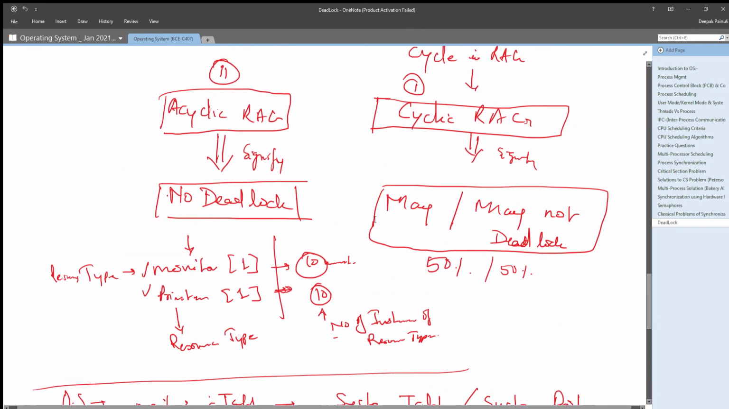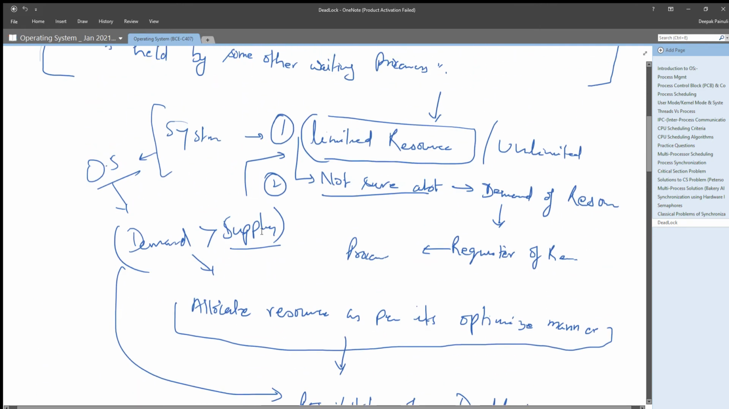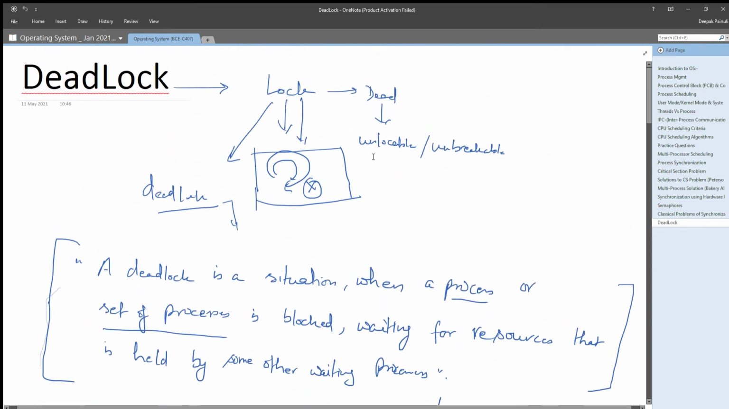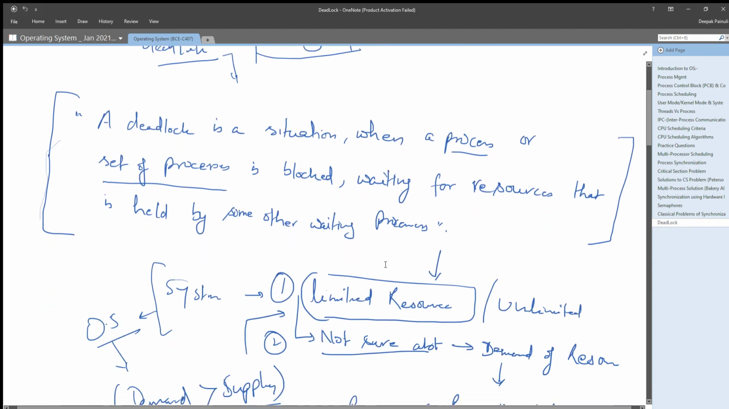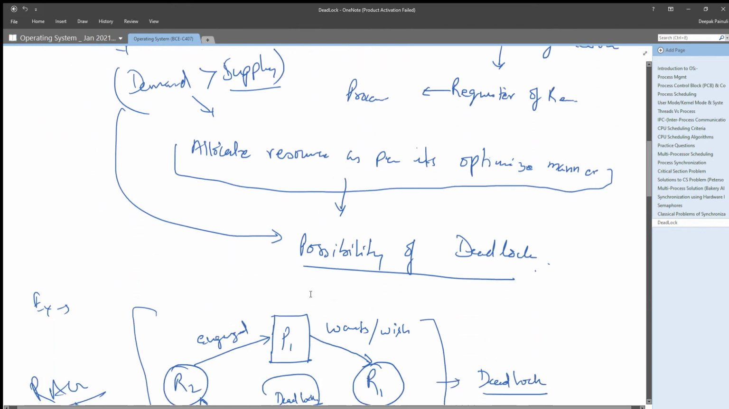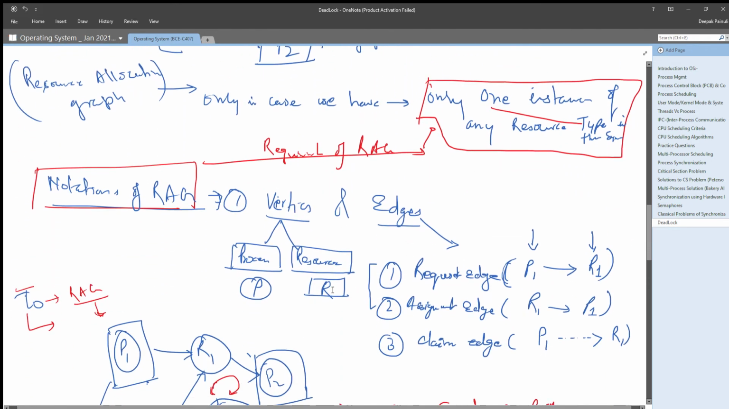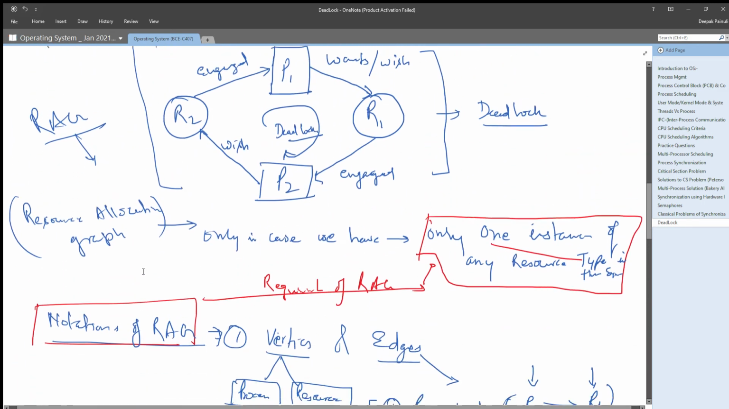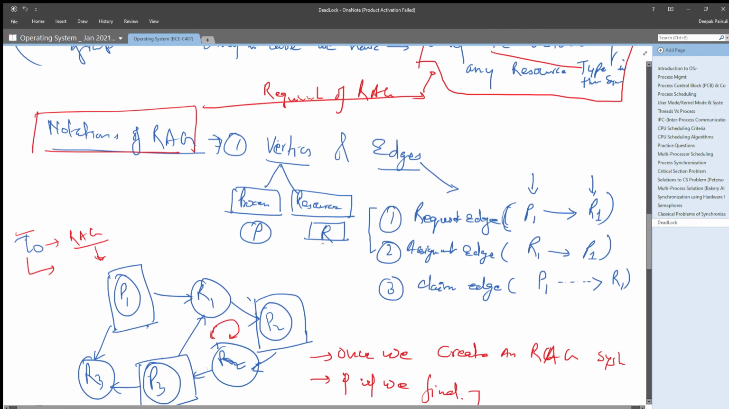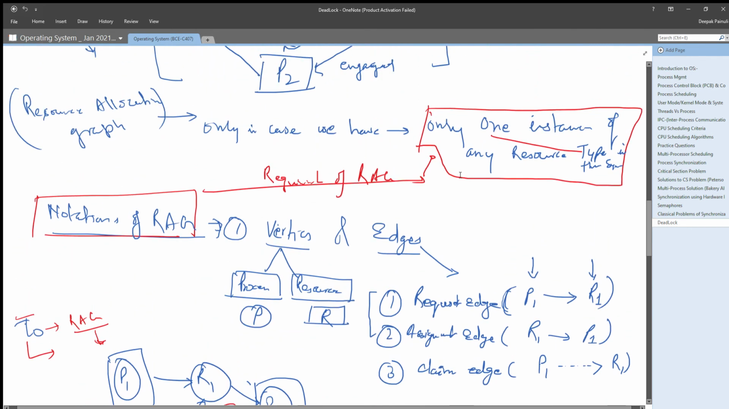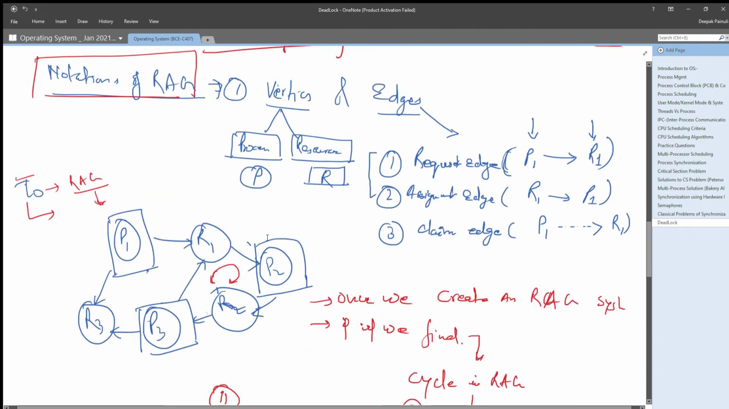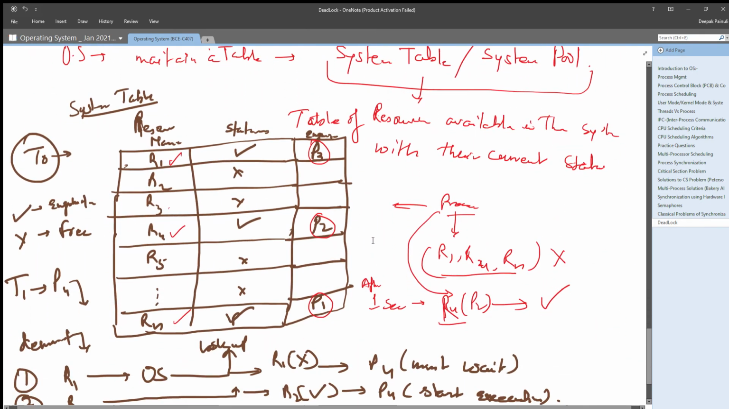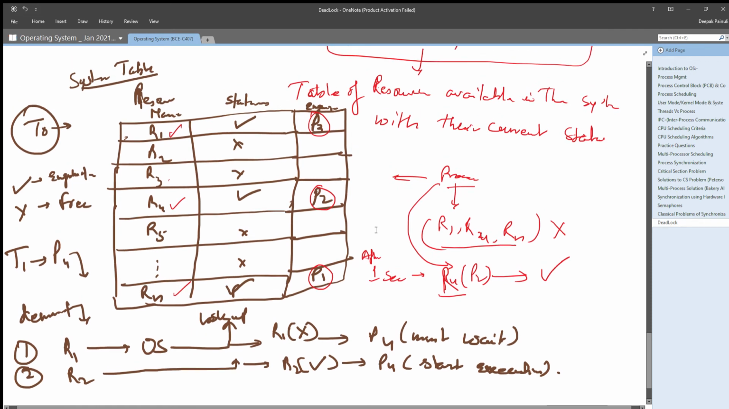In the last class we started a new topic, deadlock. We discussed what deadlock is, what the conditions of deadlock are, how and why it happens, and how we can find deadlock in the system. We just introduced it using RAG, the resource allocation graph. And what is the OS doing against it, for handling the deadlock